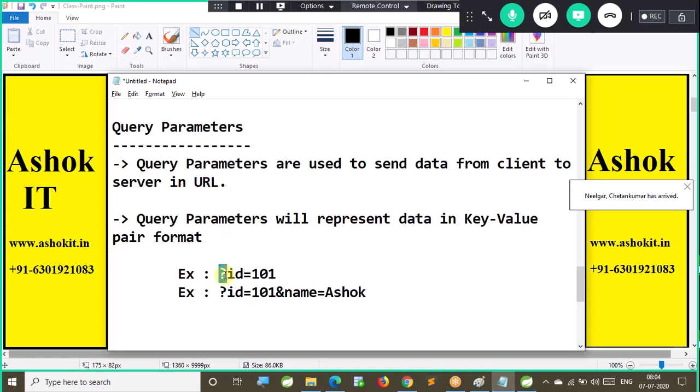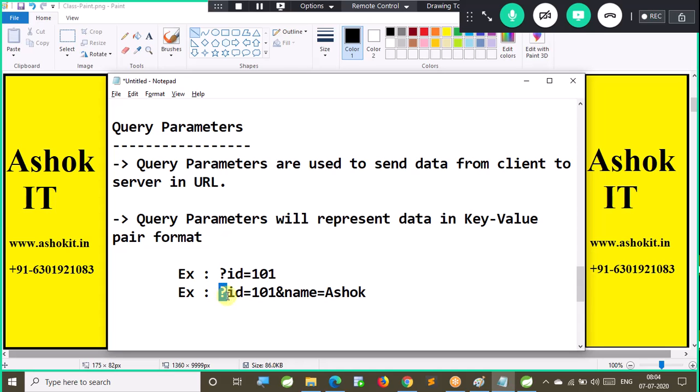The question mark symbol represents the starting point of the query parameter. id=101, where id is a key and 101 is a value. So I'm sending data from the client system to the server system in the URL by using a query parameter. Suppose I want to send more than one piece of information, more than one pair. Then what do I need to do?